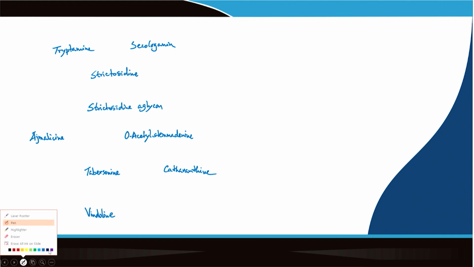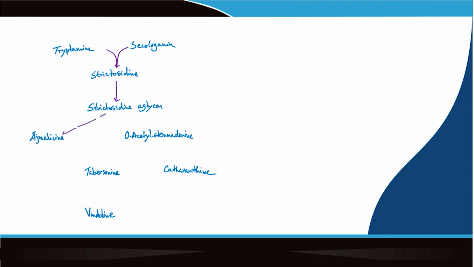So, the arrows to be added here. This is just a reminder. Now, this broken arrow means a multiple step pathway, and then